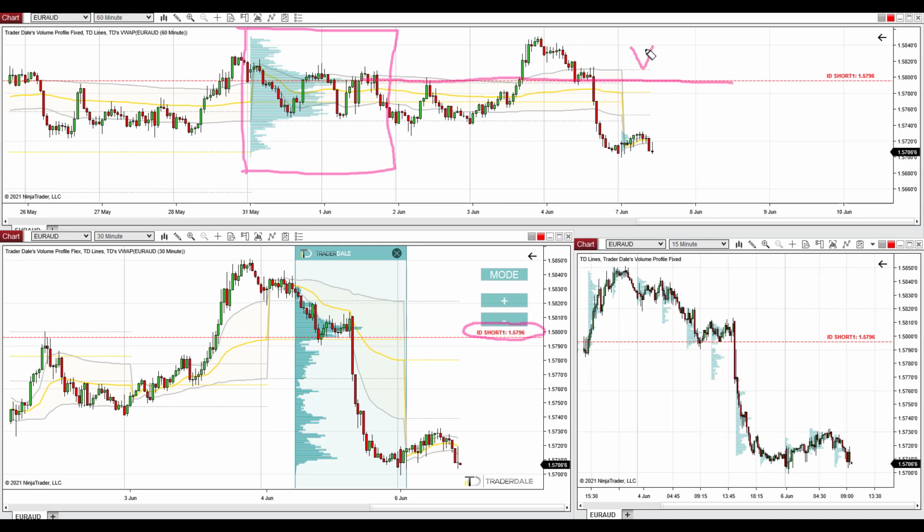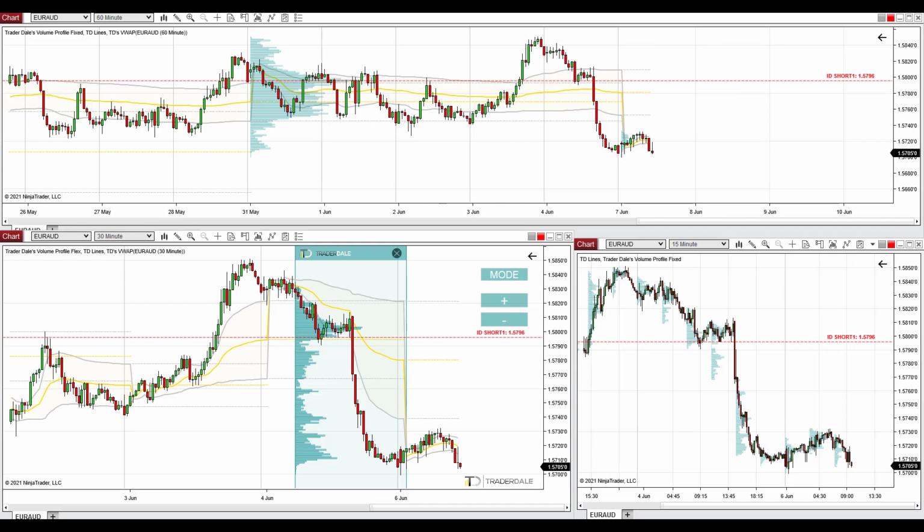at the weekly point of control, which means that the heaviest volumes throughout the whole week were traded at this level. And weekly point of control is just by itself a very strong level to trade from. If you combine it with the volume profile setup like this one, then you have a very strong level to trade from. Alright, so that's why I think that when the price makes a pullback to 57.96, there'll be a strong selling reaction. So that was the Euro Australian dollar, and the next trading idea will be on the Australian